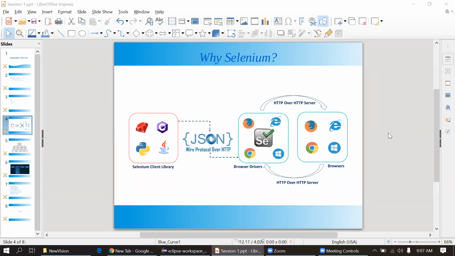I will tell you a few names. LambdaTest is there, BrowserStack is there, Sauce Labs is there. These provide cloud platforms. Nowadays Sauce Labs is trending, and we can execute our whole script there, whether it is browser or mobile, on the cloud platform with minor changes in the existing code. But again, that is a paid one. If you want to try, we can get a license for 15 or 30 days, and execute our script there for 30 days with limited functionality on the cloud platform.